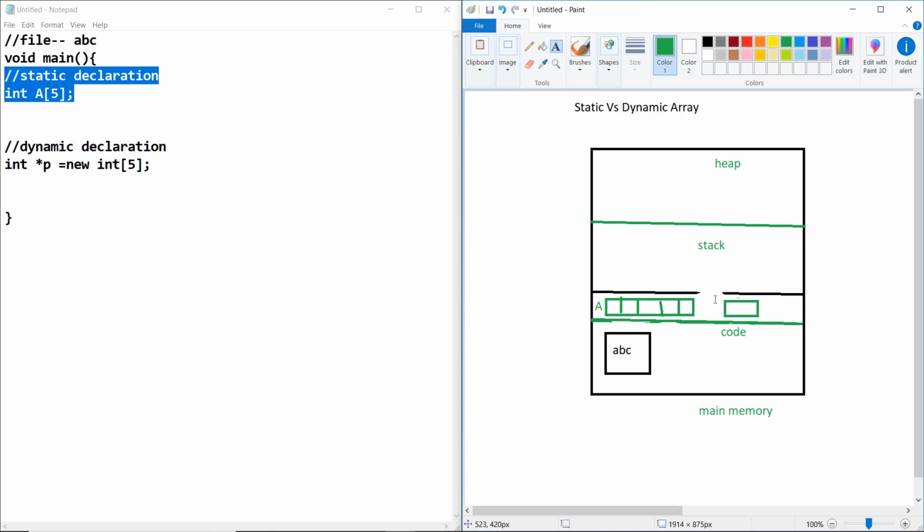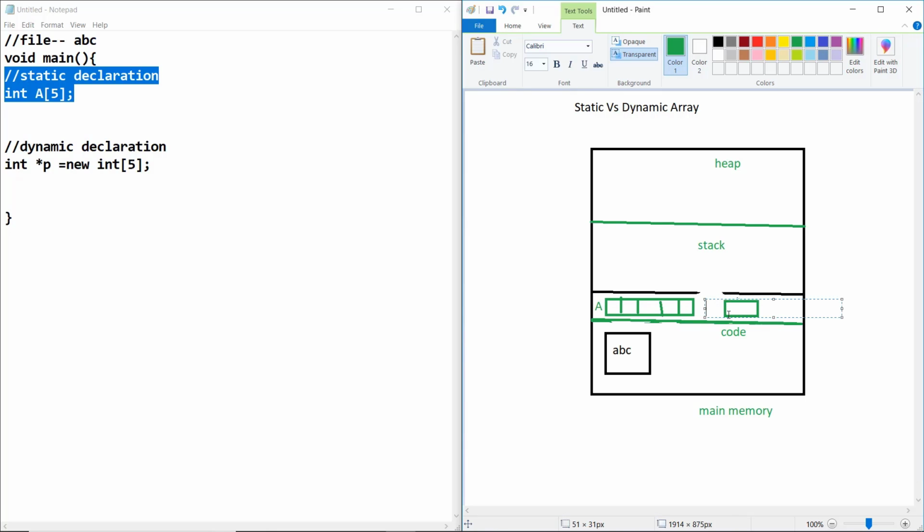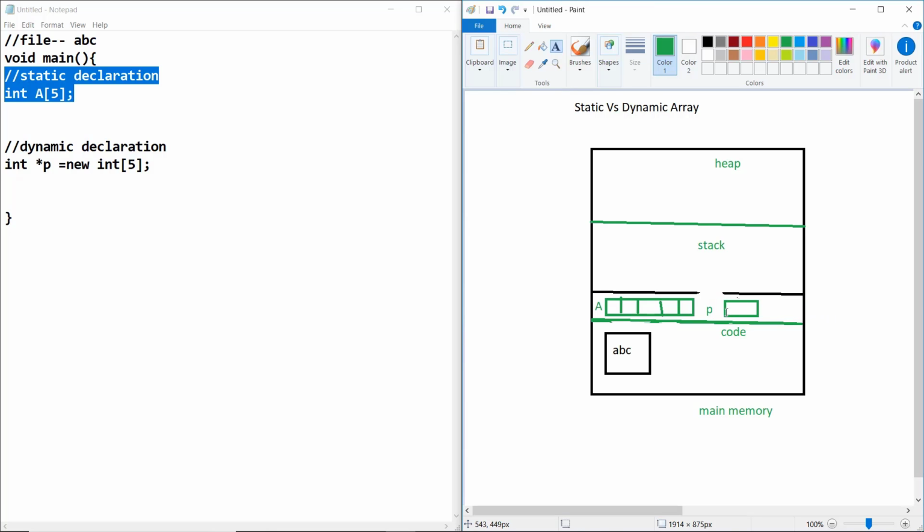And this is your pointer P. The elements of A are stored in this stack frame, but for P the memory is assigned in the heap.